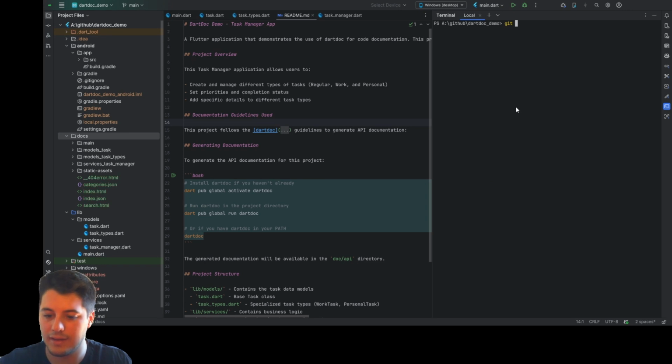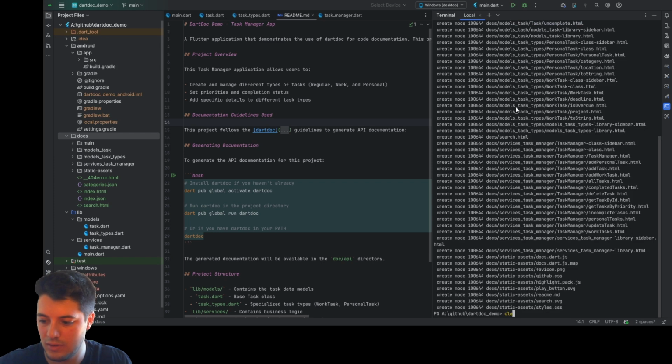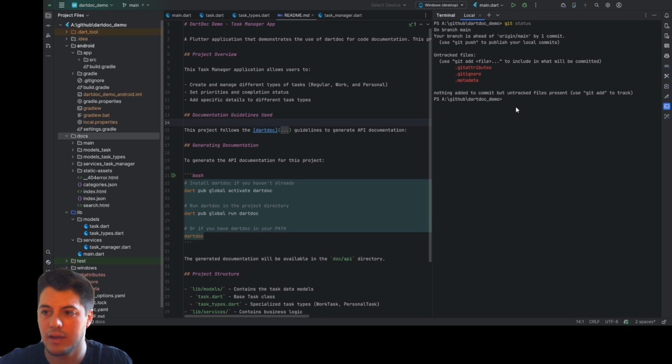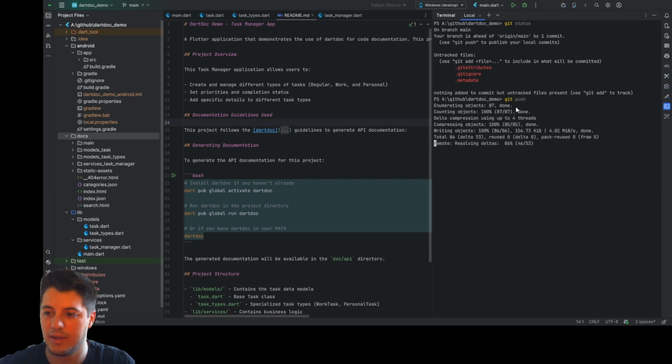Then we will create our commit with git commit -m documentation. Let's check. Okay, now we have created our commit, but we need to push it with the git push. Let's wait for some seconds. Okay, here we are. So let's see from the GitHub view what we can see and how we can enable